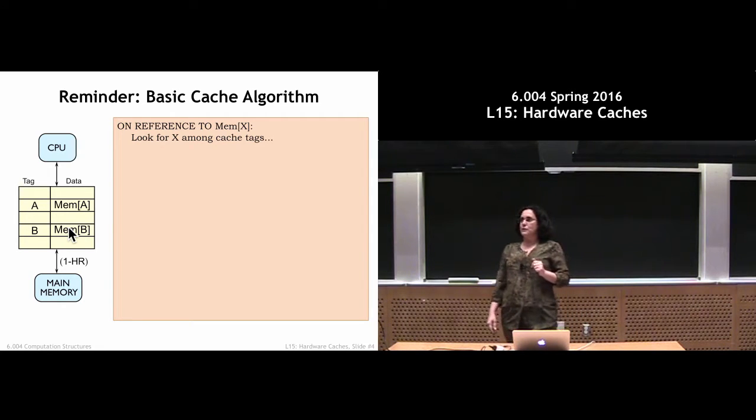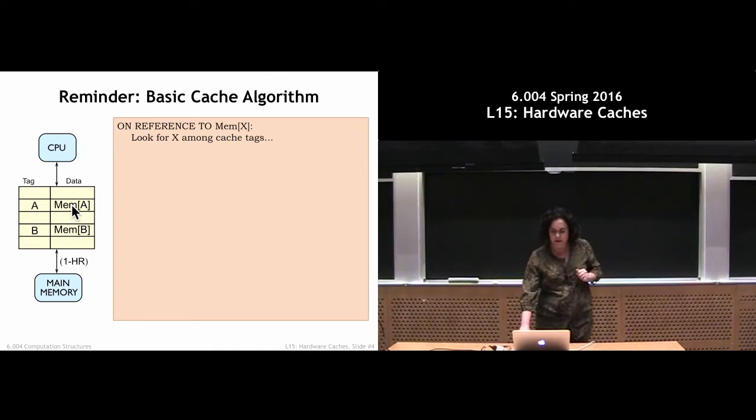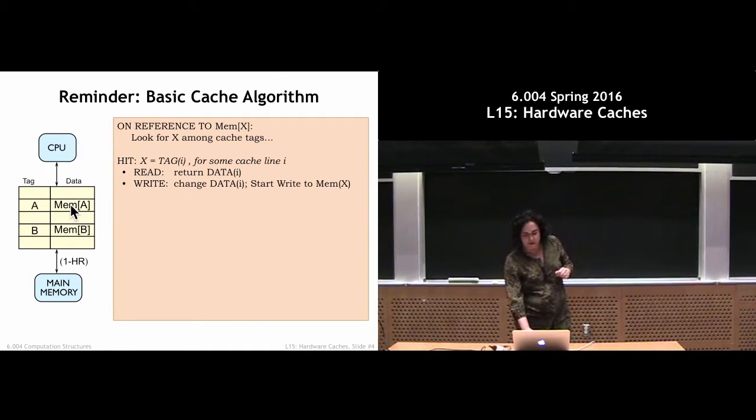In order to know which pieces of data I actually have, I'm going to store a tag, which gives me information about the address of the piece of data that's in the cache, in addition to the data itself. If I want to look up memory location X, and one of these tags is equal to X, then I get a hit. In that case, all I do is pass along the data that's on that line in the cache